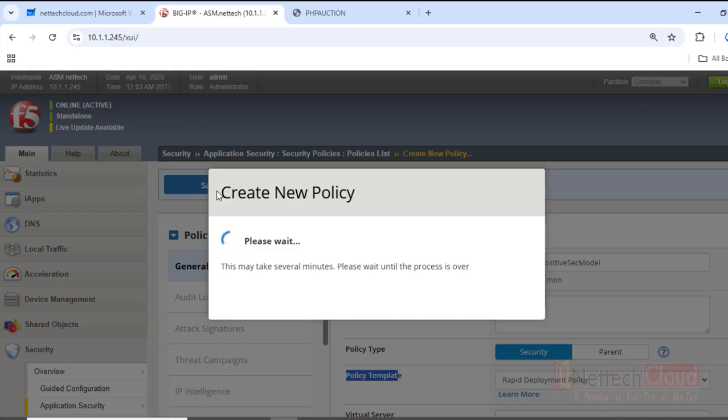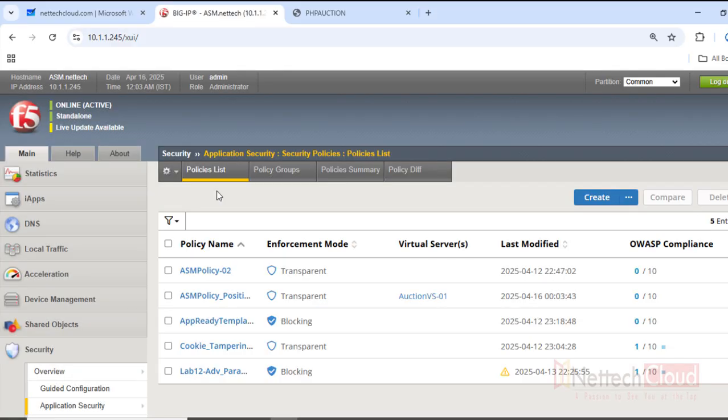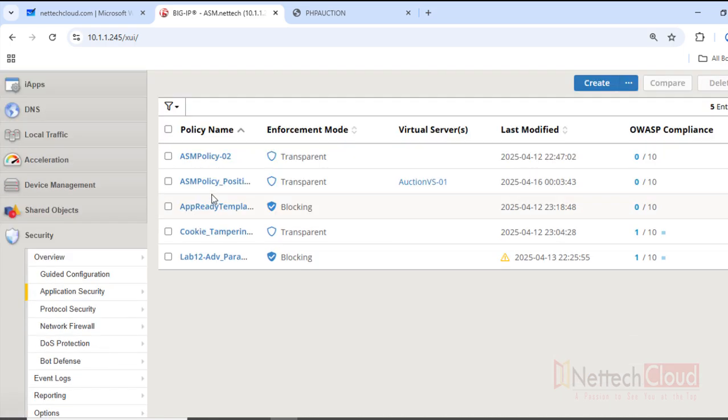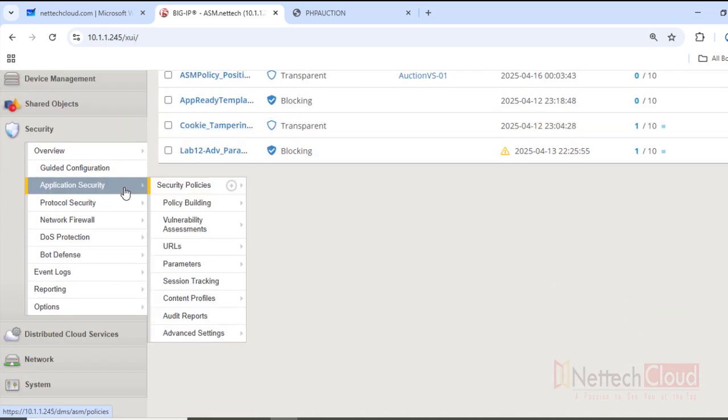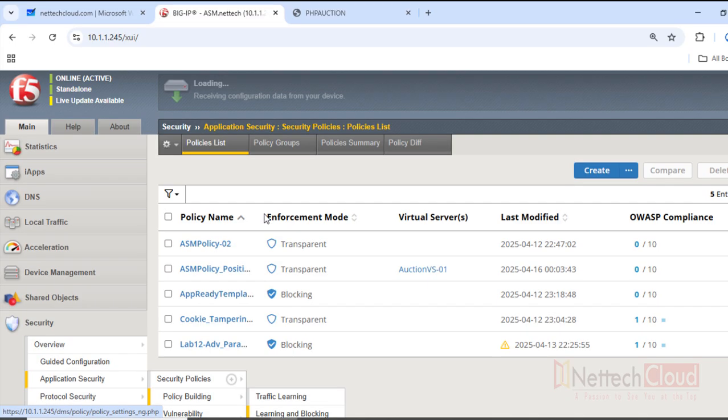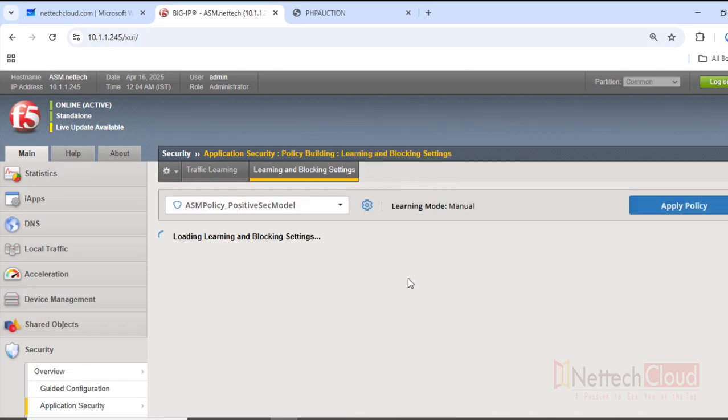And whenever we create any security policy, I mean an ASM policy, another local policy is created to redirect HTTP requests hitting the virtual server to ASM, in fact, right? We don't have to do that manually. Now the next step is, and before that, let me quickly show you